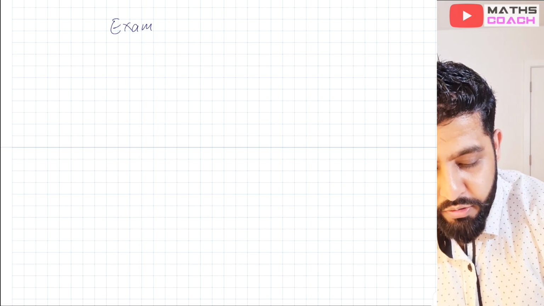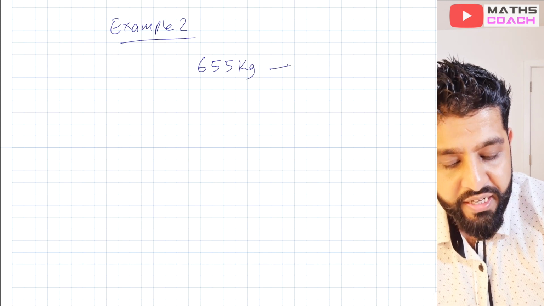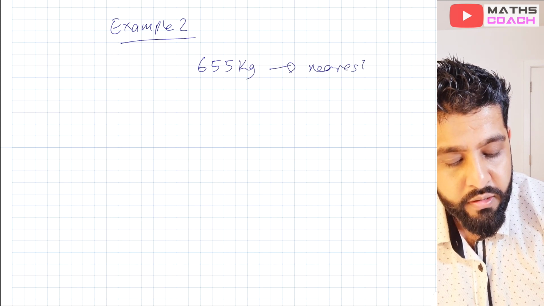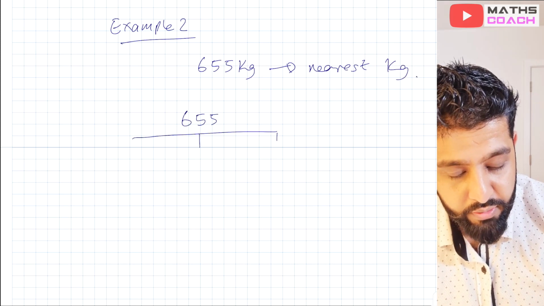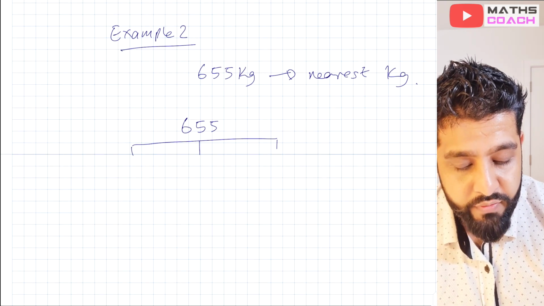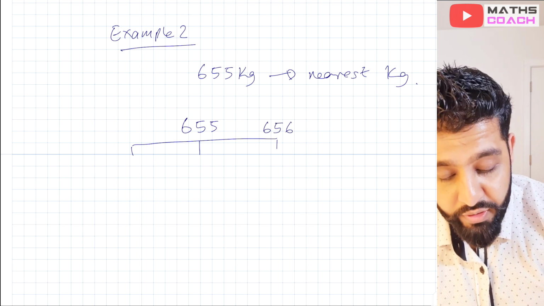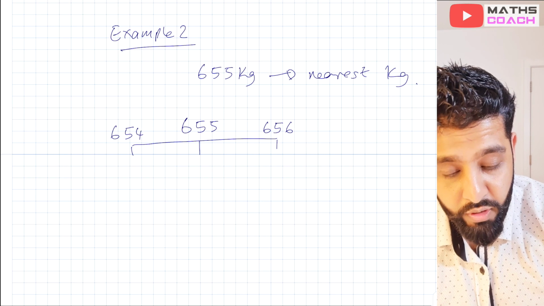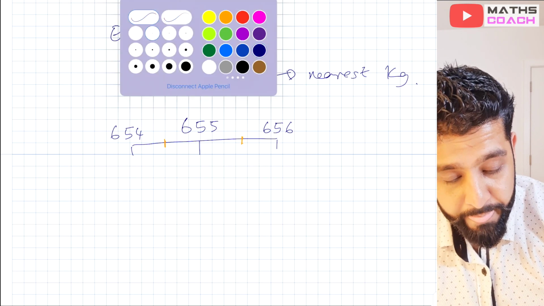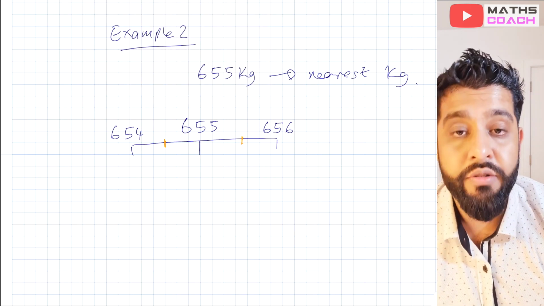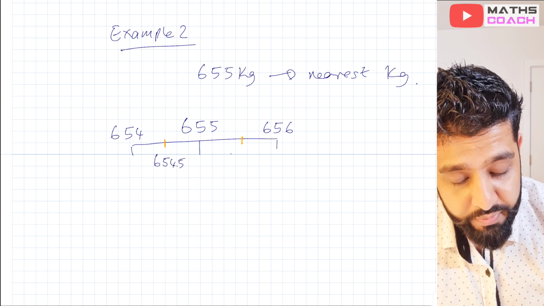Okay, so example number 2, we are told that 655 kilograms has been rounded to the nearest kilogram. Once again, we'll put 655 on our number line. And what is after 655? The next kilogram. It is 656. And before that, it is 654. So once again, what we'll do now is look for the halfway points. And in between 654 and 655, we have 654.5. And here we have between 655 and